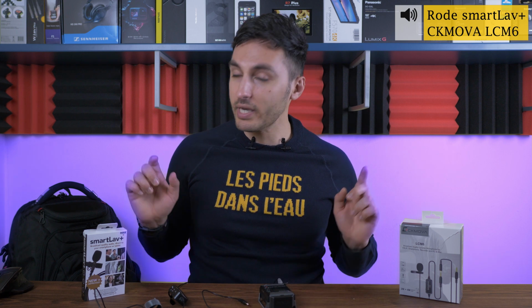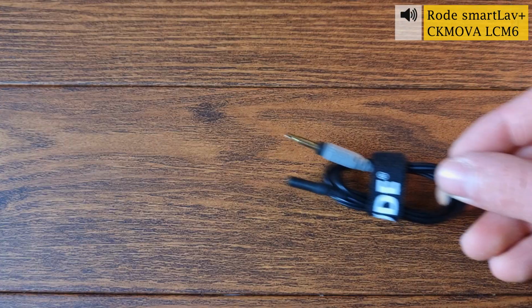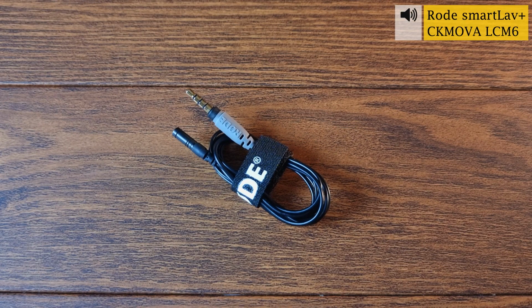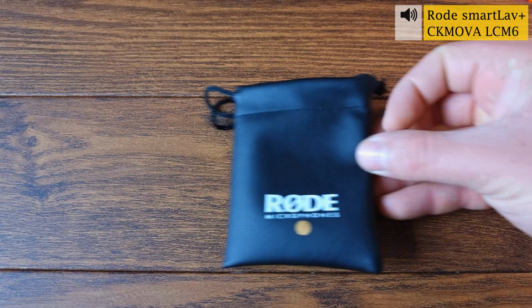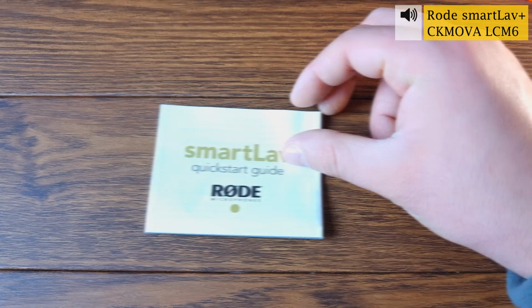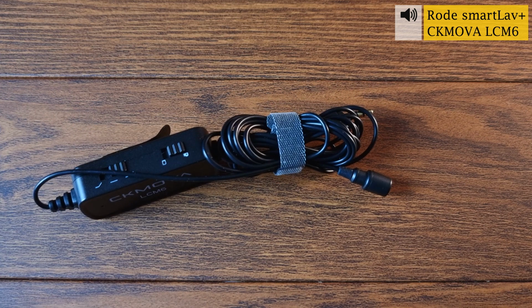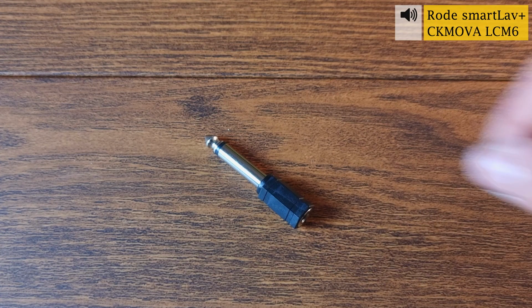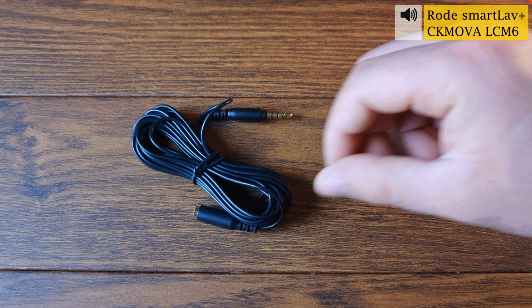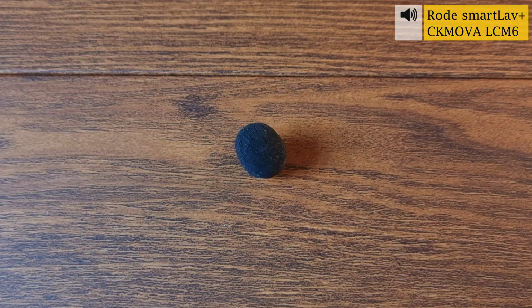smartLav Plus. So first I would like to go over what you get inside the boxes of each, and first I would like to start with the Rode. Okay, so for the Rode you get the mic itself, a velcro strap, a mic clip, a foam windscreen, a nice pouch bag and some documentation. Moving over to the CKMOVA, with the LCM6 you get the microphone itself, a velcro strap, a mic clip, a 1/4 inch adapter, a 4-meter extension cable, a Type-C charging cable, a foam windscreen, a pouch bag and some